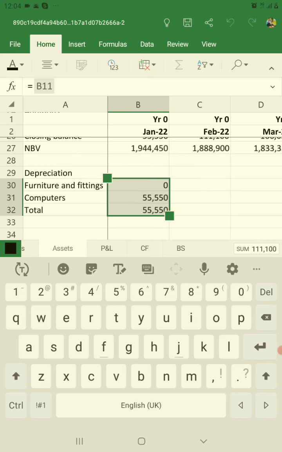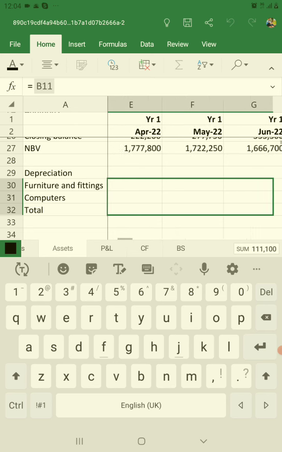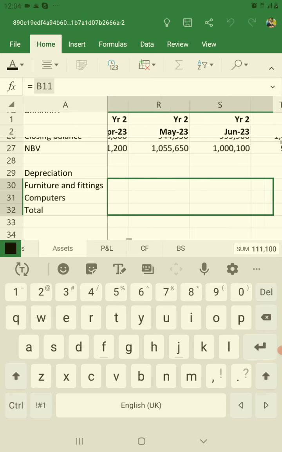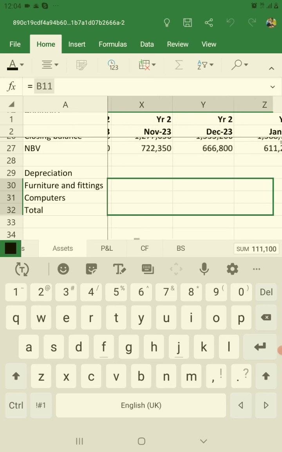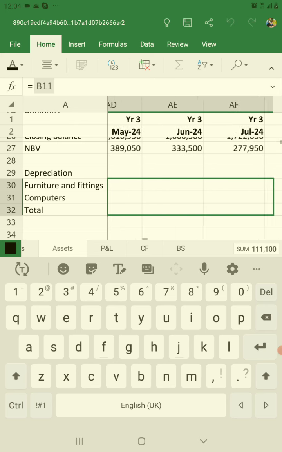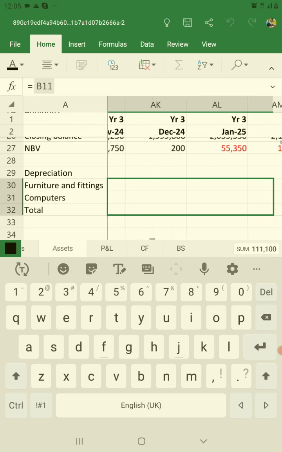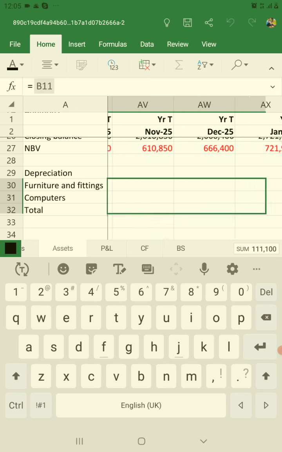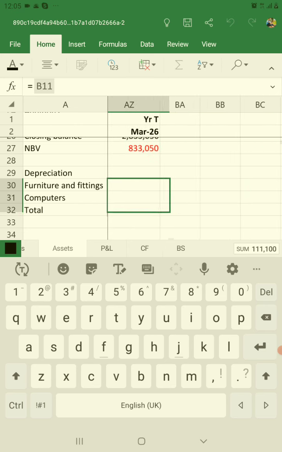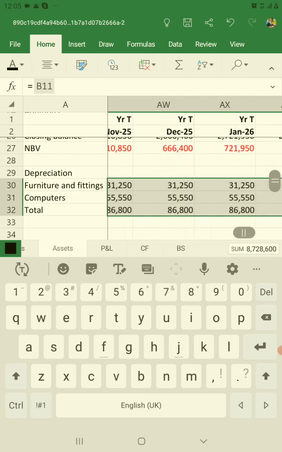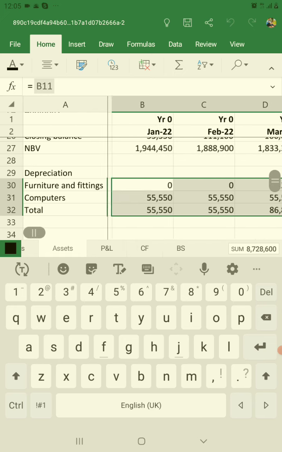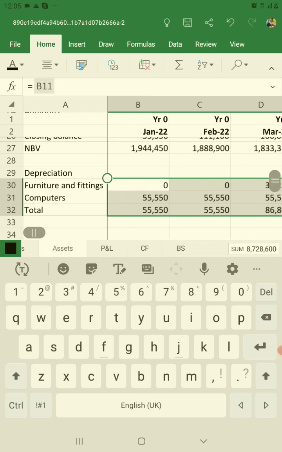I select to fill to the rest of our projected horizon, because those formulas are going to be applicable throughout the projection period. So we are done with modeling for depreciation total,